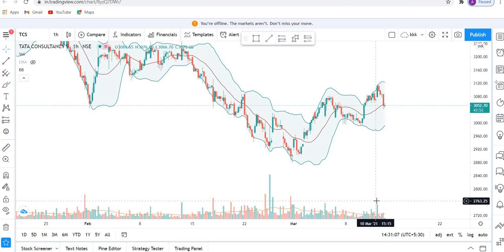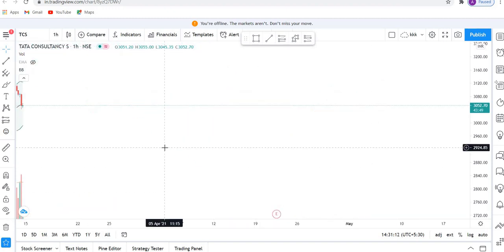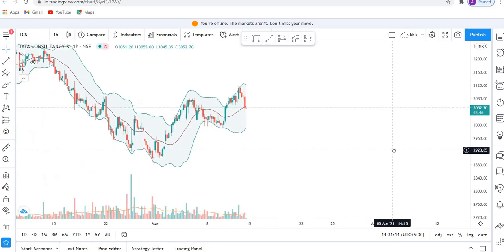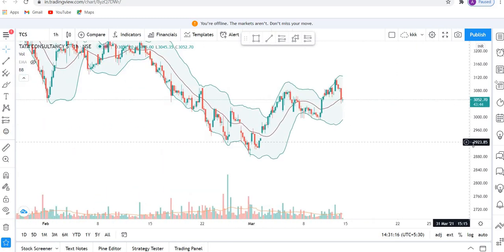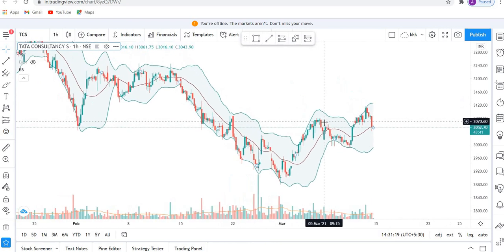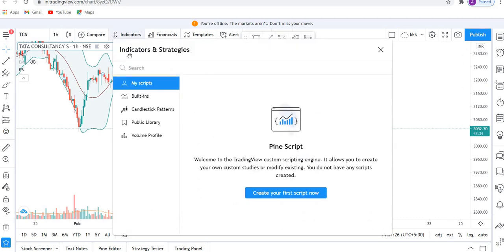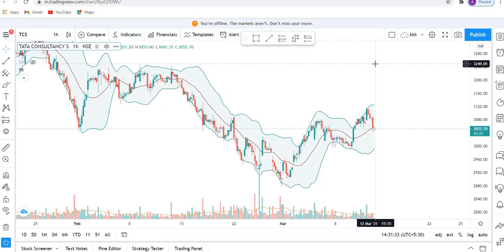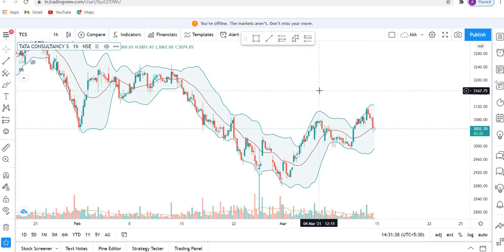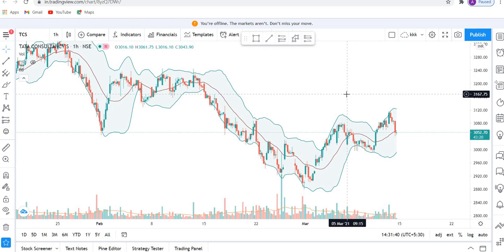Now you might be feeling that this is a very easy strategy to go with, but yes friends, mostly easy things work more in the market than complicated ones. So look how easily you can just go to TradingView. You can open TradingView, pick any stock you want, then go here to indicators, then simply search Bollinger Band and you will find three kinds: Bollinger Band strategy, Bollinger Band strategy 2 and simple Bollinger Band. I want you to put the simple Bollinger Band and check out how the strategy works.